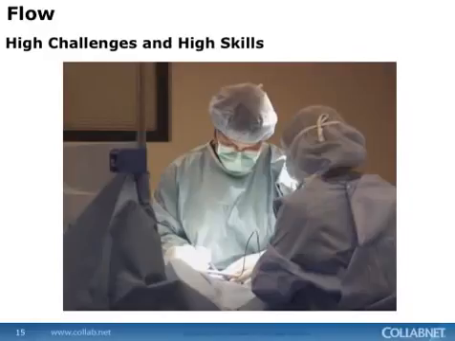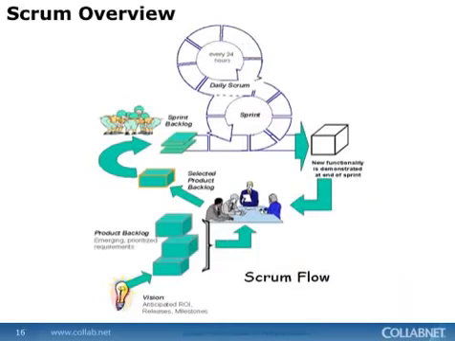Also, to create the state of flow, ideally we've got difficult goals that we're trying to meet, and we're meeting them with high skills, or the appropriate skills for that. So we're taking on challenges that are not exactly unachievable, but not exactly easy either. We want to self-regulate the work that we take on, and this is done by volunteering for work. Now, this is a big surprise for a lot of project managers. When we do Scrum, people actually volunteer for their tasks towards those sprint goals. And the Scrum team negotiates their goals with the product owner. We don't have to hit people with sticks to get them to work, or put little bits of cheese in front of them. If they're interesting, meaningful, achievable goals, then there's something more powerful